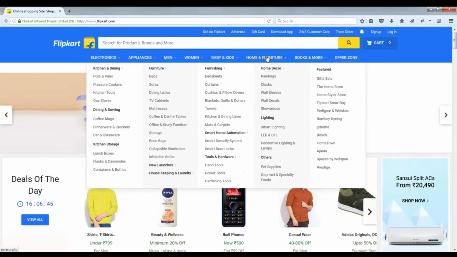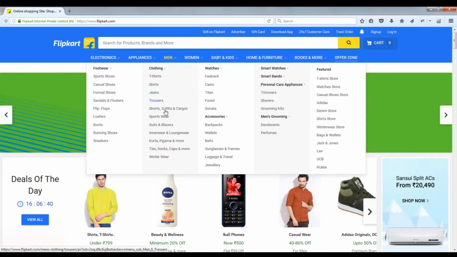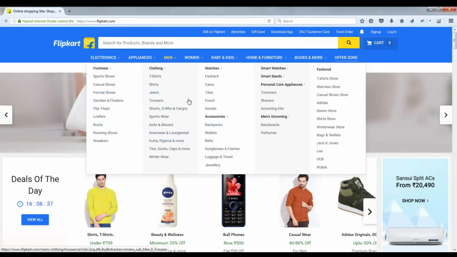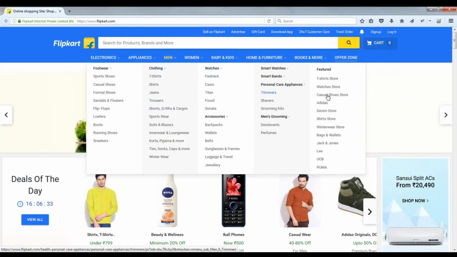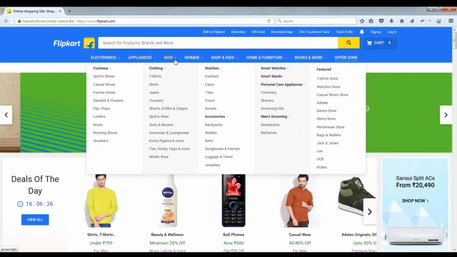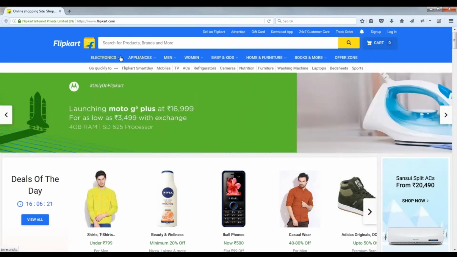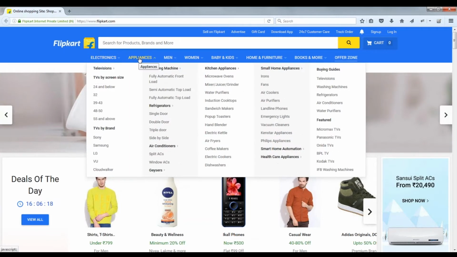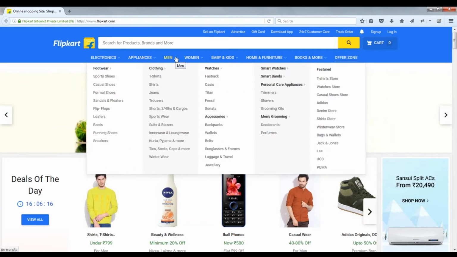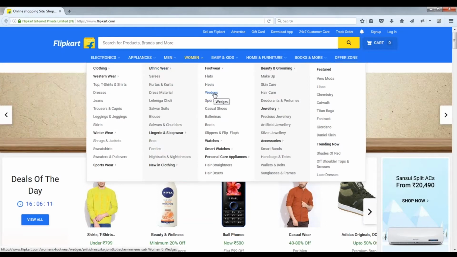When you mouse hover on these particular elements, you are going to get the list belonging to that category, and then if you mouse hover on some other element, the third level list might also come. This is the first level, and then there will be a second level. In the sense, these are called menu items. So in any application, if you have these kind of menu items or this kind of mouse hover handling, then we need to check whether we will be able to click on these particular elements or not.